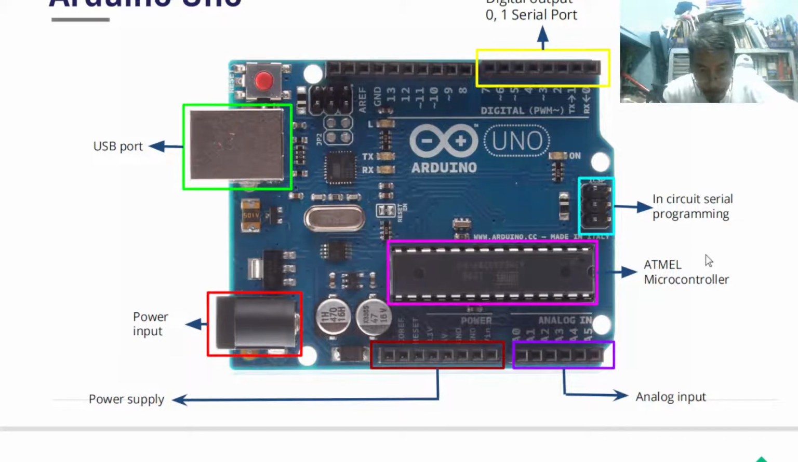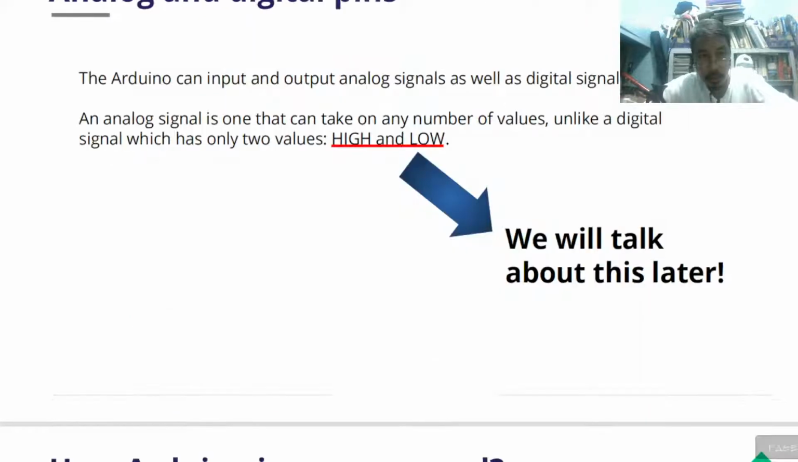Okay. So made in Italy. So this is the original Arduino manufacturer, made in Italy. Okay. But currently there are several. So this is the serial port for circuit serial programming. Okay. Anyway,